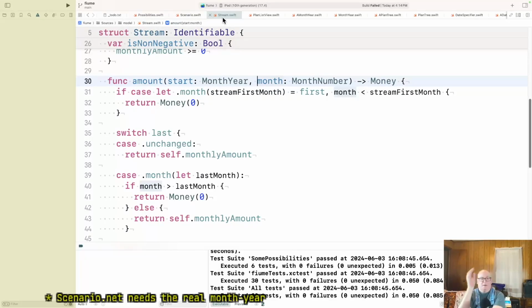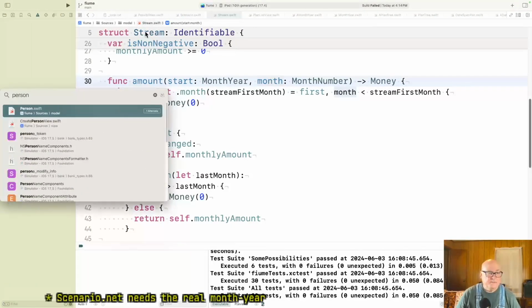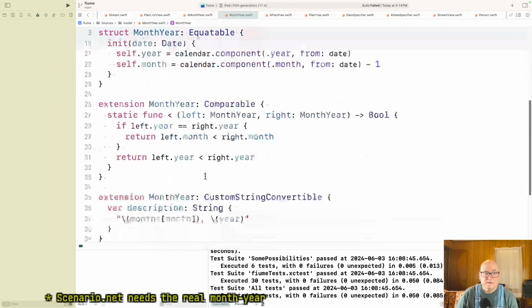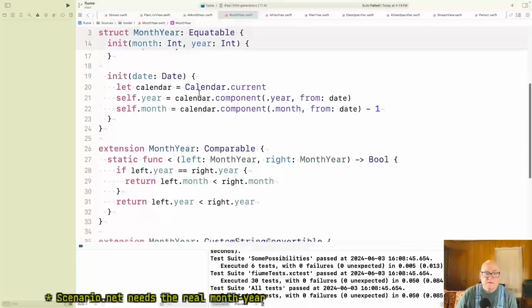That gives me a sort of current date. And then their birthday is a month year, I think. Yes. Their birthday's a month year. Okay.